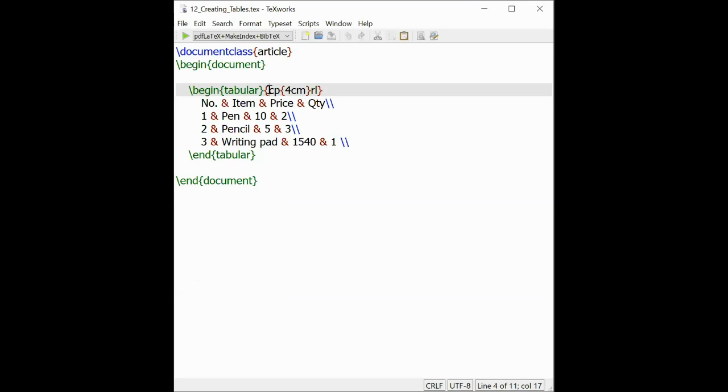You can see this code C. C means you are giving a central alignment for that cell, and if you put p bracket 4 centimeter, you are telling that the width of this second column is 4 centimeter, and R means the contents will be right aligned, and L means the content will be left aligned.